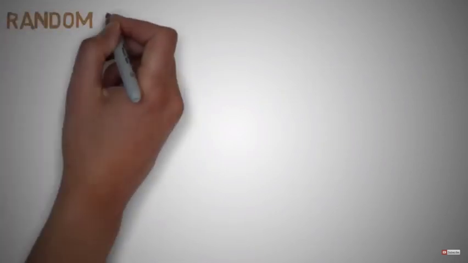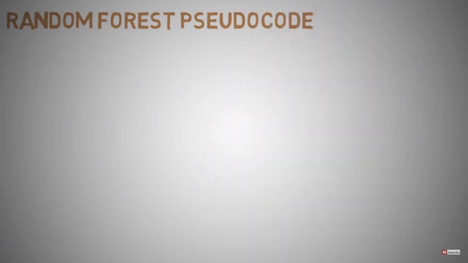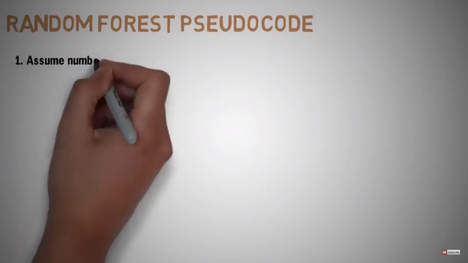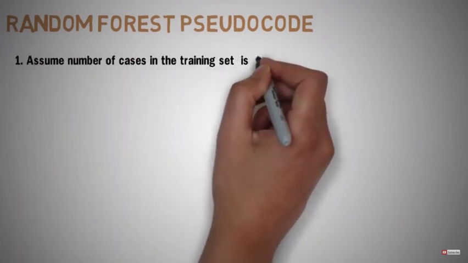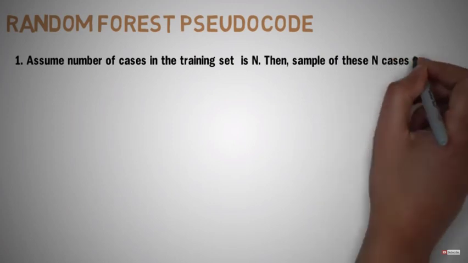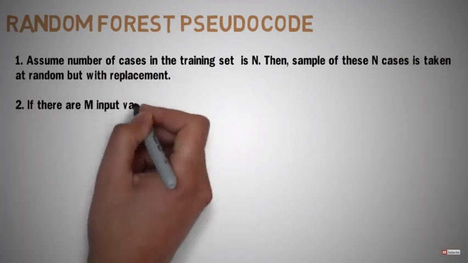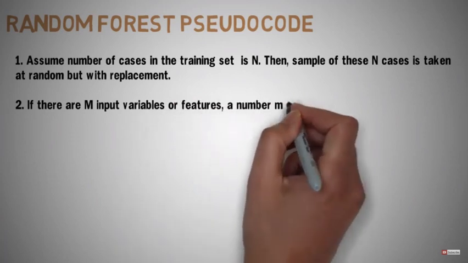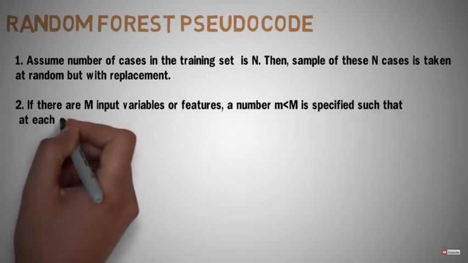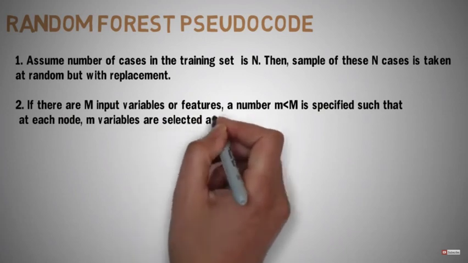Let's take a look at the random forest pseudocode and how it works. It works in the following manner, where each tree is planted and grown as follows. Assume the number of cases in the training set is n. Then a sample of these n cases is taken at random, but with replacement. The sample will be the training set for growing the tree. If there are M input variables or features,